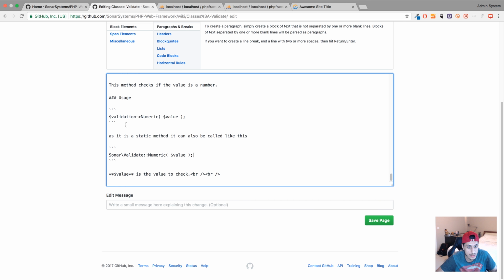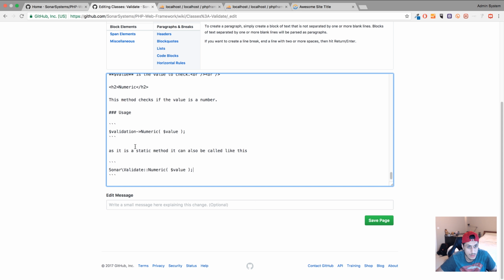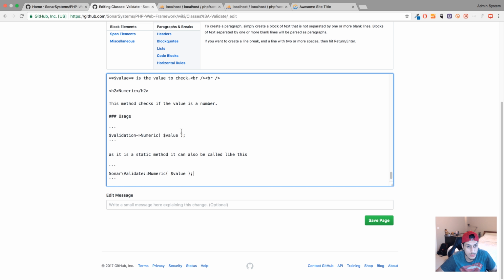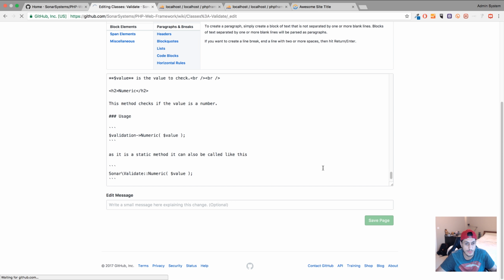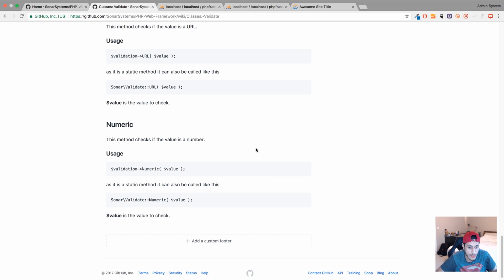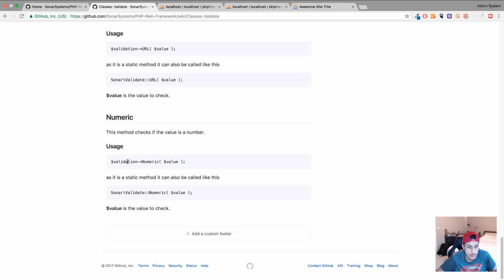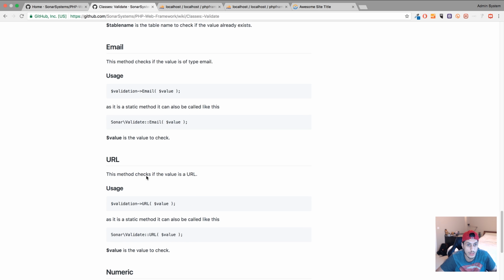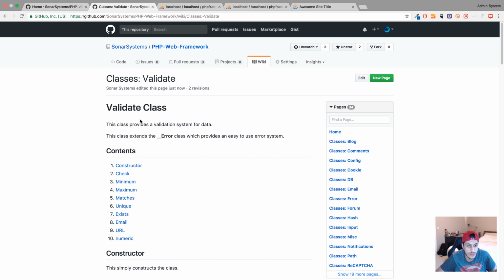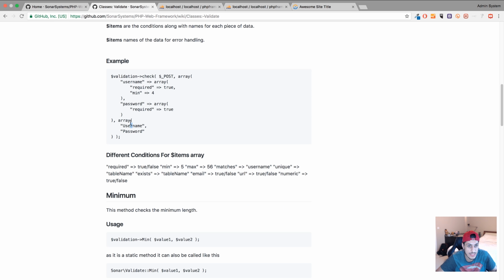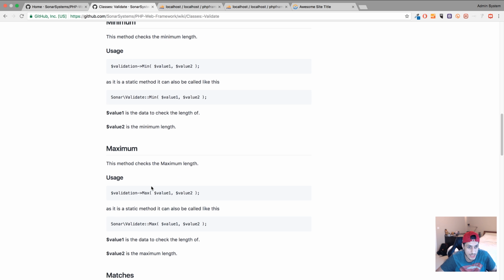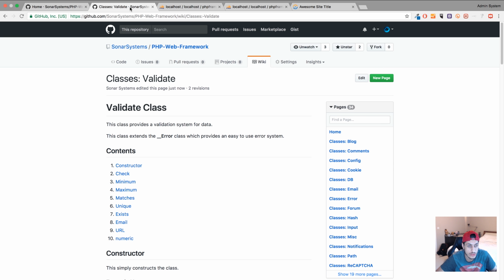Okay, so usage. Have I repeated something at the bottom? Let me go down. Okay. Oh, that's just saying. That's fair enough. Because this isn't part of the static method, whereas the others are. So